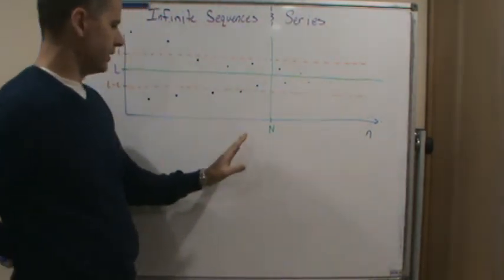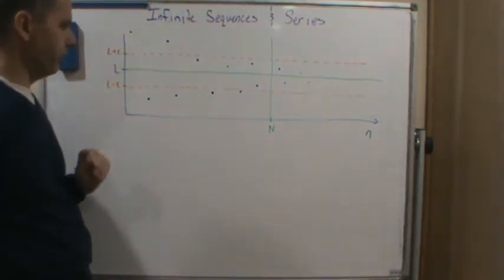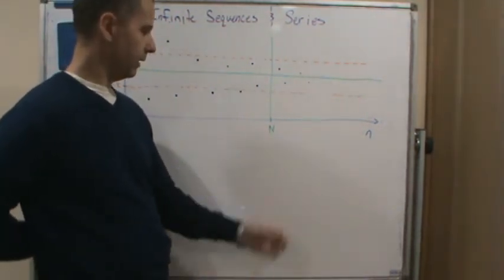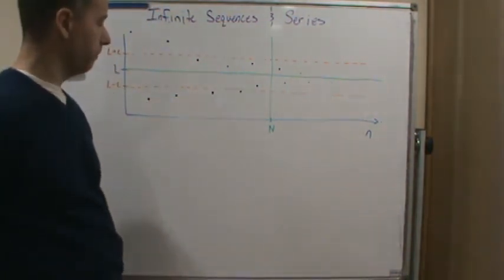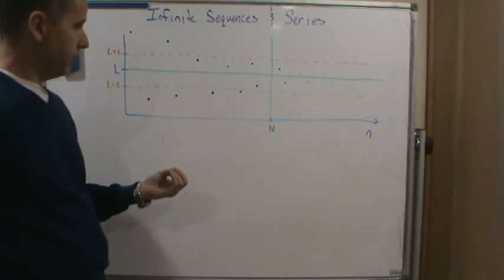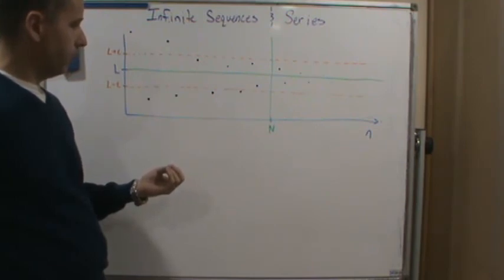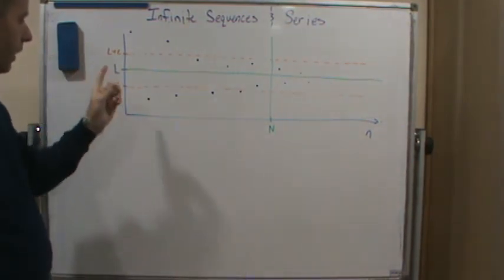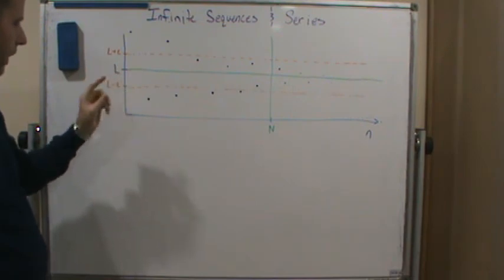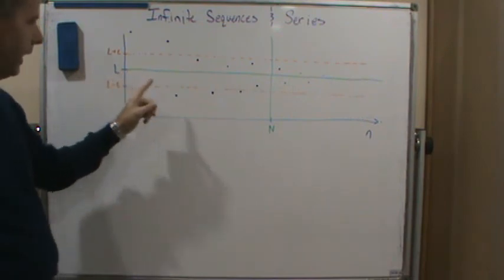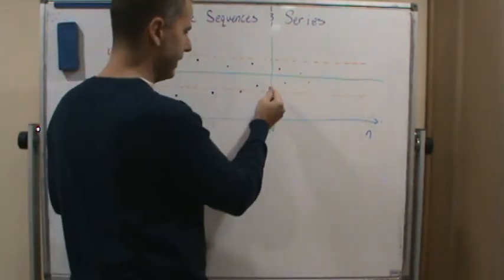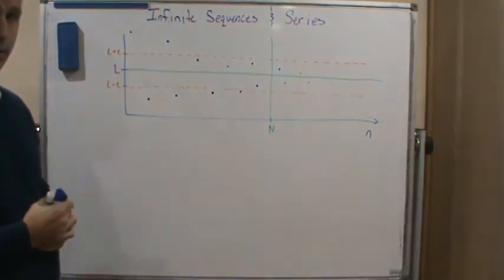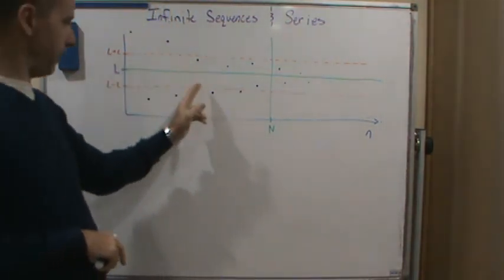For all epsilon greater than 0, there exists some integer N such that the distance from L to a sub n, where a sub n is the value of the nth term of the sequence, represented by these purple dots,